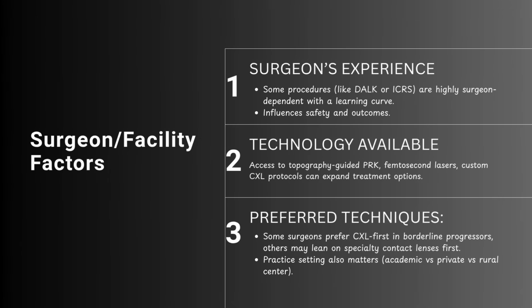ICRS is basically placing a ring segment inside the eye via a laser tunnel. So you use your laser, and using the laser, you make a tunnel in the mid periphery of the cornea, and then you implant an arc shaped plastic implant within the cornea. Okay, and this somehow flattens the steep cornea. I'll talk about that. So, for all of this, you need advanced technology, especially if you're even doing topographic guided